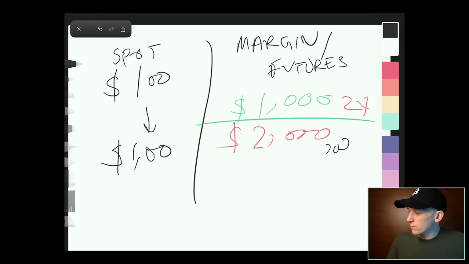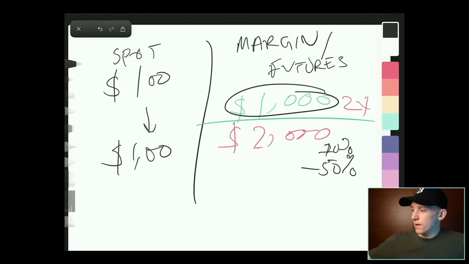If we have a 10% move in our $2,000 trade, that's $200, which is like a 20% move in our original capital. Everything is 2x, right? And of course, if we have, let's say, a 50% move, then that's where we get into some trouble if it's a loss. So if you lose 50% on a $2,000 trade and you've got $1,000 of collateral, that's when